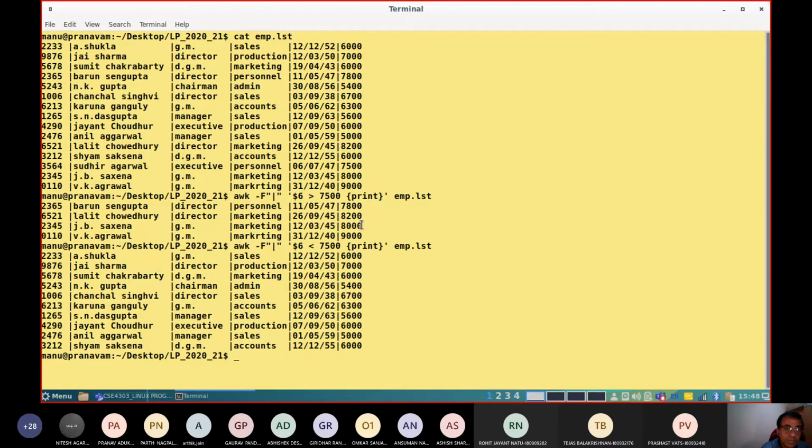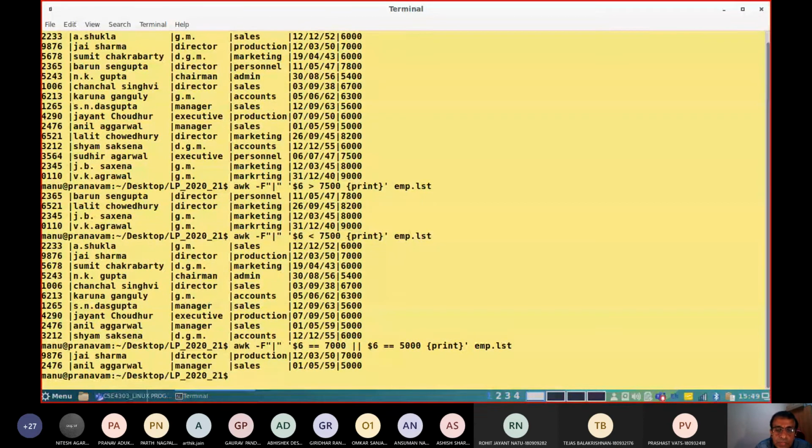This number comparison also can be done with another command. Let me try whether it works or not. $6 equal to 7,000 or $6 equal to 5,000, then print everything.